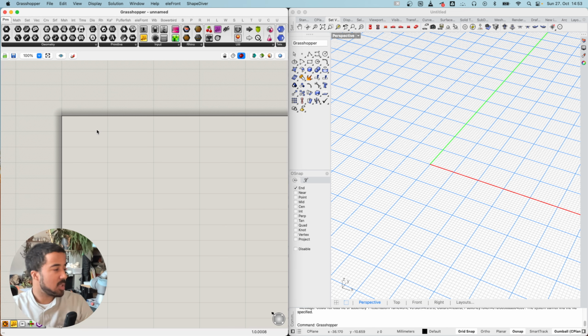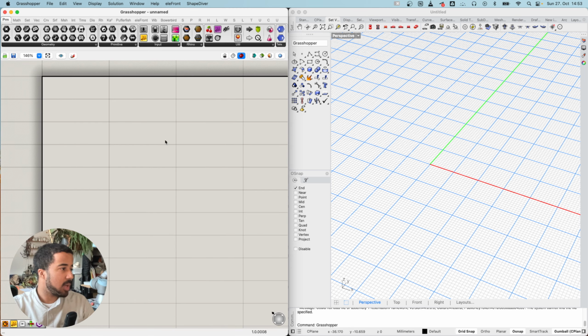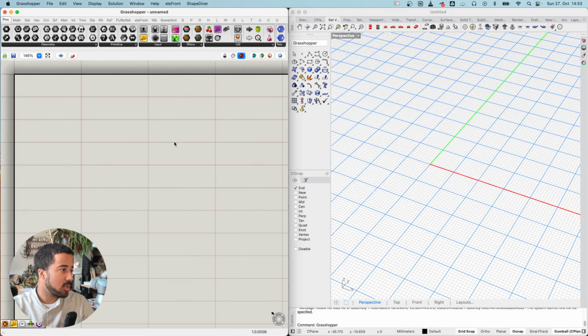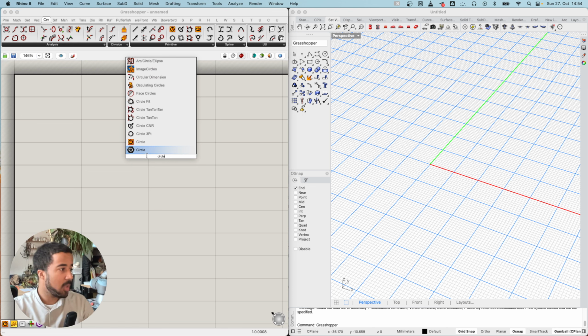So to set up Grasshopper, I will simply add a component, a create circle component. I can do this by finding this component under the curve tab. However, I will simply double click onto the canvas and the search bar will pop up, and then I can enter circle. As you can see, there are sometimes multiple components with the same name. I will choose the one with this orange icon, and then this should be placed on the canvas,